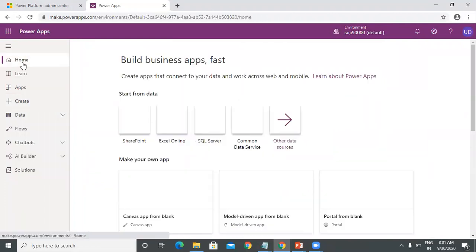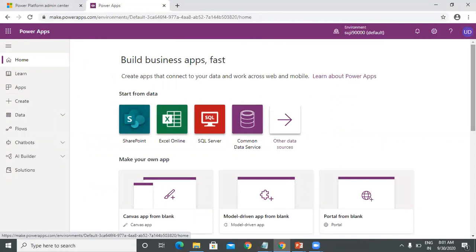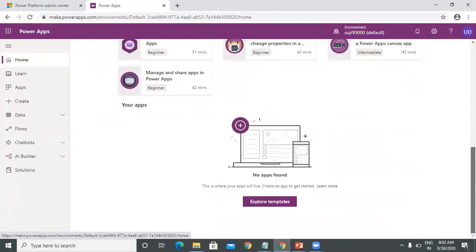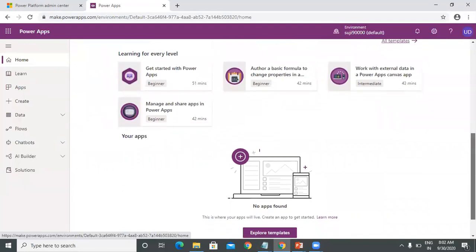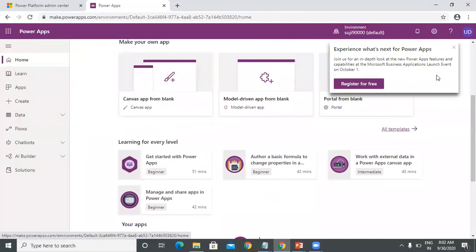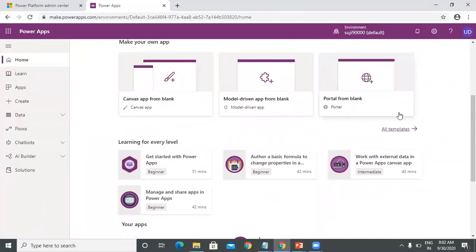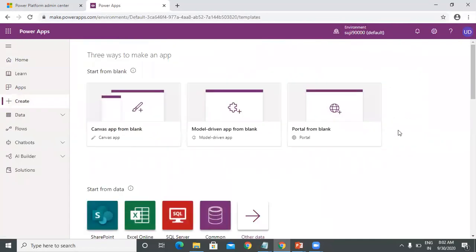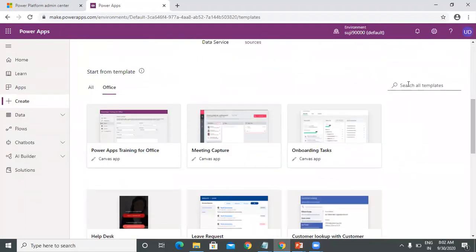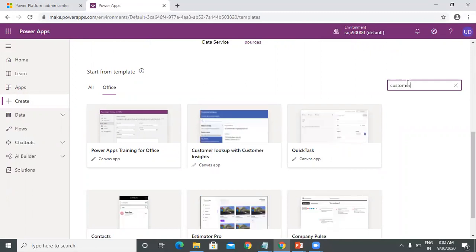Sorry, let me go back to the home, and you can see the portals below. All the templates. We can search for customer.